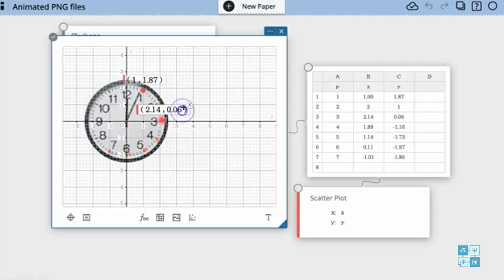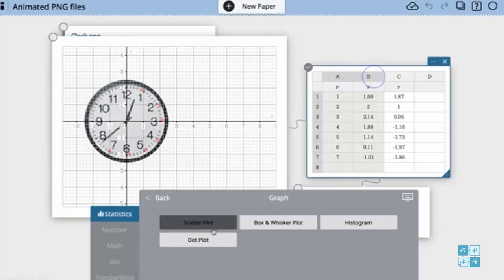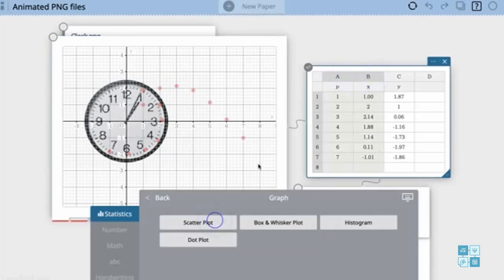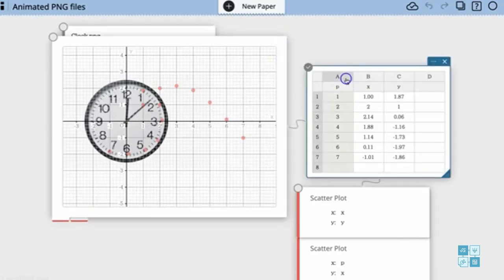So now the question becomes what shape curve do I get when I look at something different, like the position, the time versus X, or the time versus Y. You could also do the same thing. Starting to look like it's a sinusoidal curve. So since it looks sinusoidal, why don't we go ahead and fit a sinusoidal wave to it.